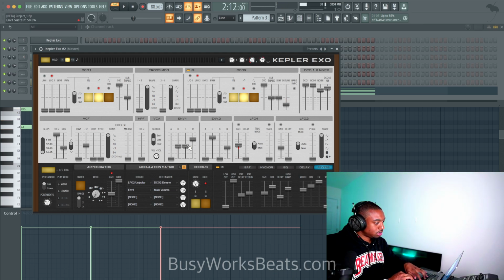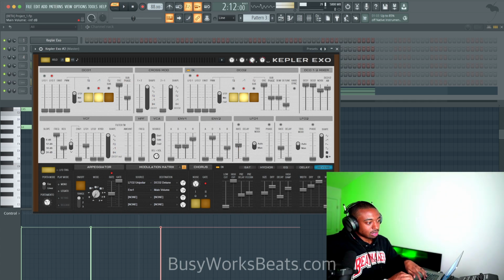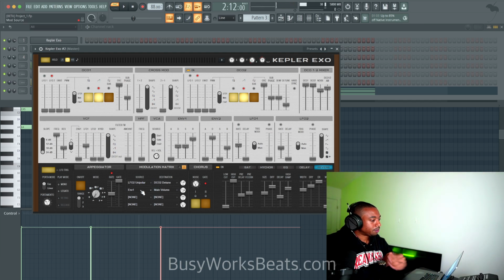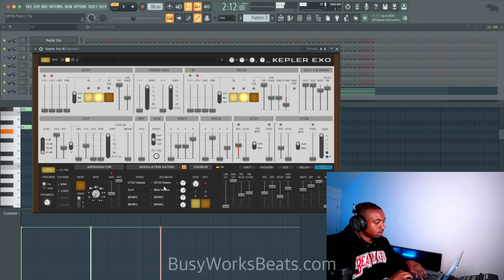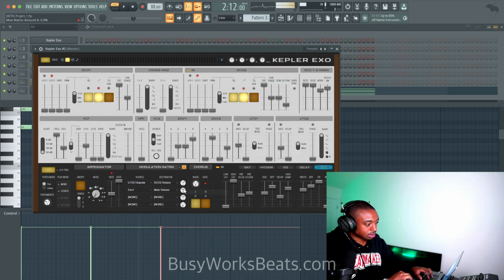So usually envelope 1, let's see something here. The release tail is not doing what I'd expect, which it is visually, but it's not audibly. We should be able to hear the sound release, so I'm not sure why that's not. Could be something I'm overlooking. Kind of a weird feature. Usually release tails aren't this complicated to add to your sound. I don't know what it is about this modulation, it just sounds not fluid. So I'm not going to mess with that. Let's switch that back to none.